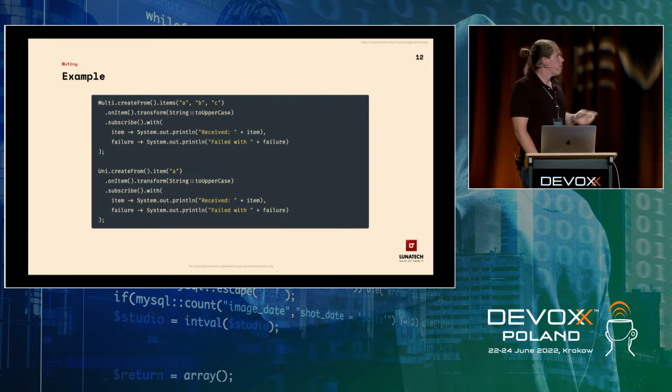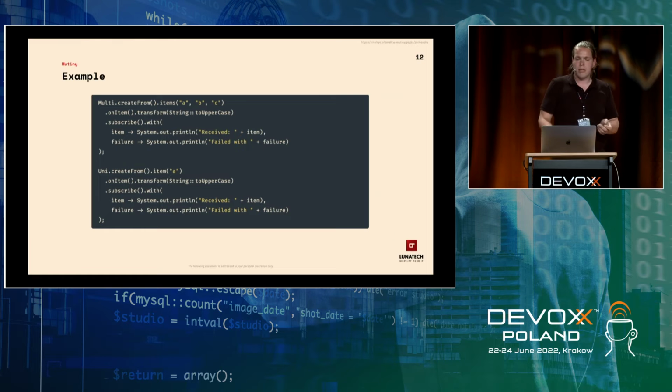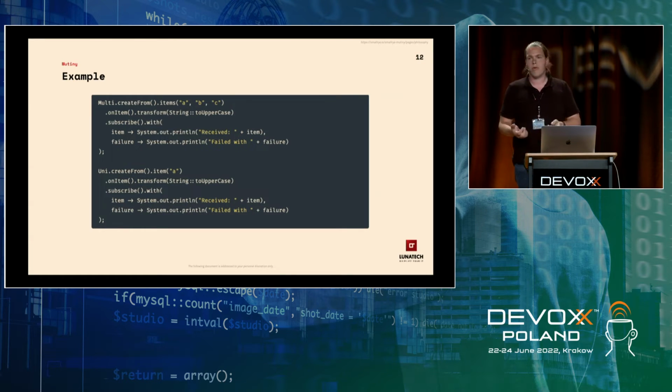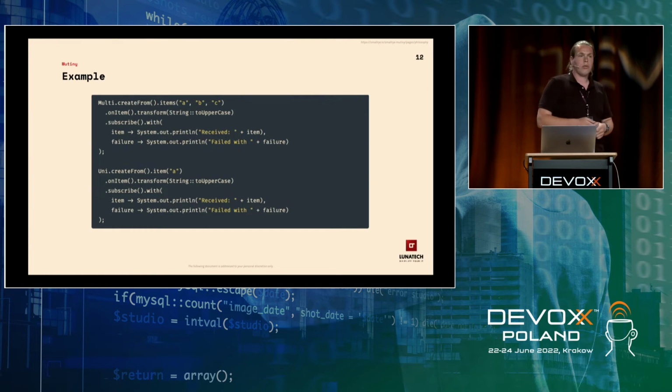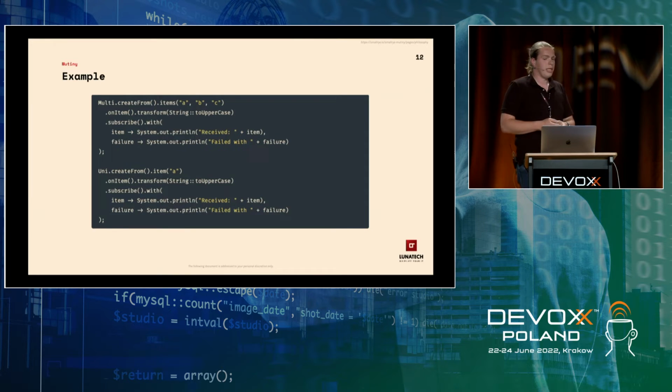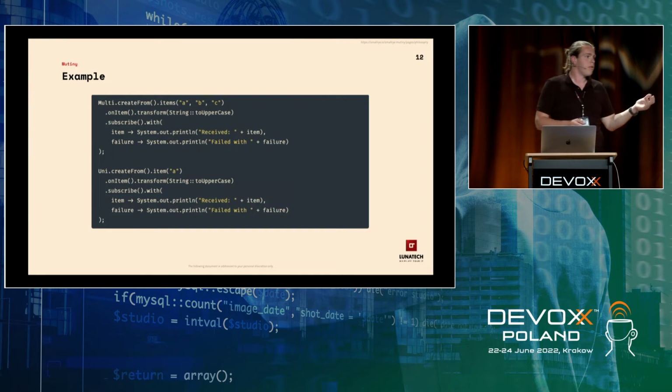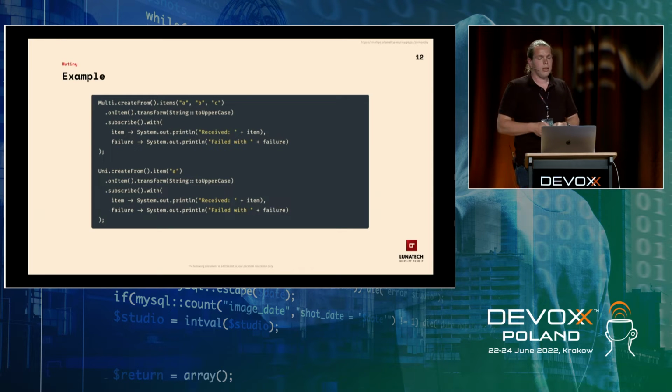So like I said, the multi can create a stream of elements. Well, in this case, it's a finite set of elements, A, B, and C. And then we can define in pipelines what we want to do with all this data when it comes in. So we say, if we get an item, I want to do something with them, so I want to transform them. Each element that I get, I'm going to make it the uppercase version of the letter. This is a different way of just saying .map. That will do the same, actually. And then nothing happens still. There's just a definition of my pipeline.